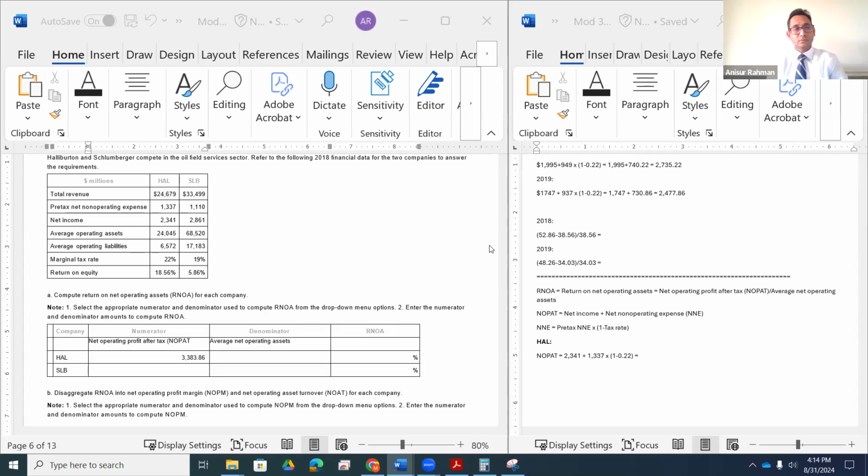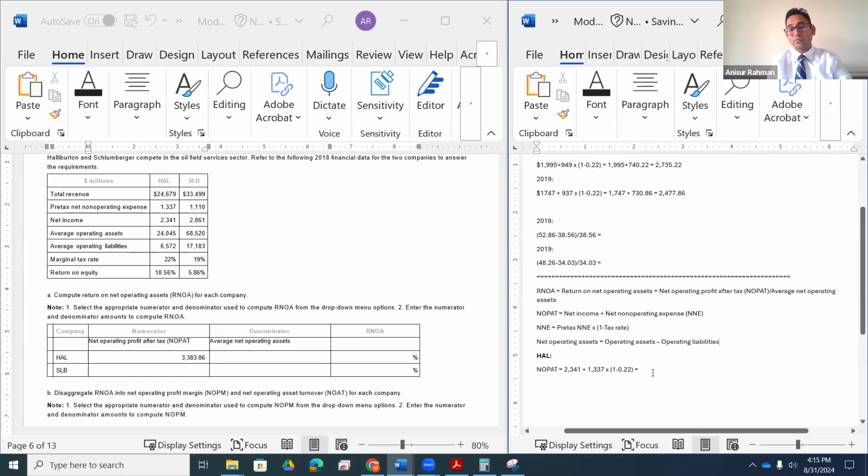This is equal to your net operating assets, which is equal to operating assets minus operating liabilities. So for HAL, net operating assets, NOA in short,